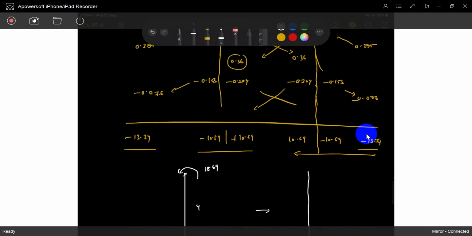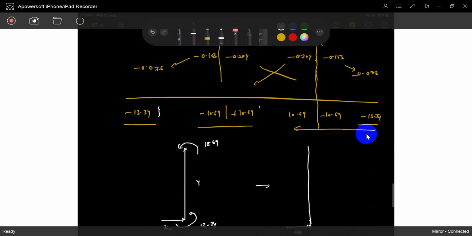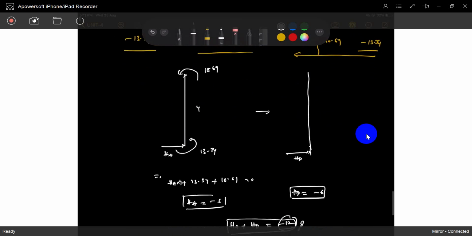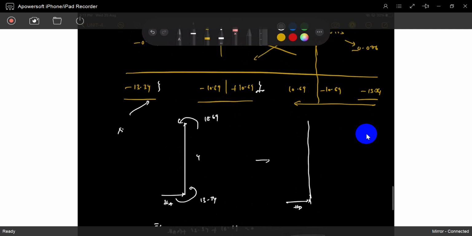But in reality, because we don't know the EI delta value, that's why we got it. The EI delta value is 12. So we have to adjust these moments for 5.57. These moments are for only the 12 sway force. So, understood? These moments are for the sway force of 12 kilonewtons, not 5.57, because we don't know EI delta.